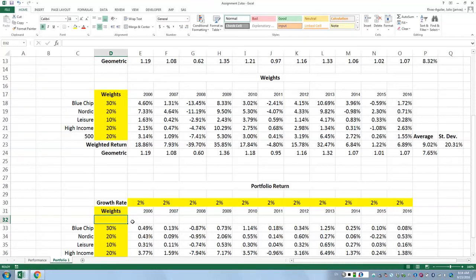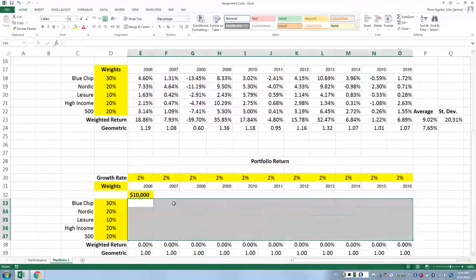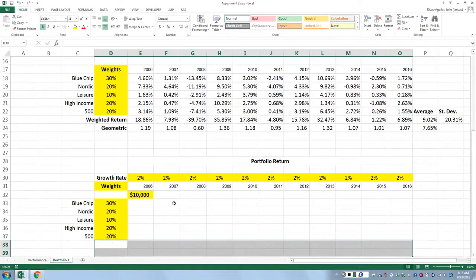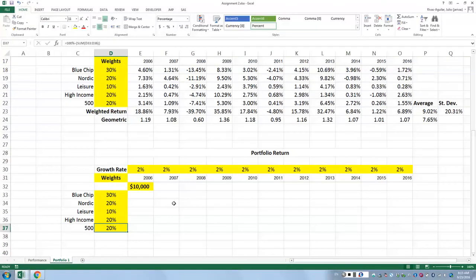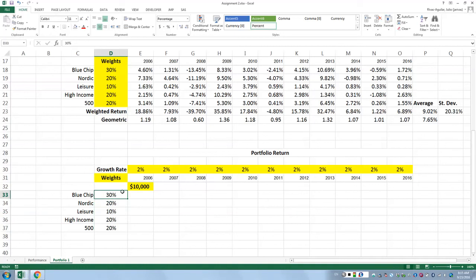So right here, actually, I'm going to start with $10,000, right? Let's say we start with $10,000. Actually, it's going to go here. I'm going to delete all of this. Okay. What I'm going to do here, I'm going to get rid of the highlighting, and then I'm going to make this equal to this one in here, right?